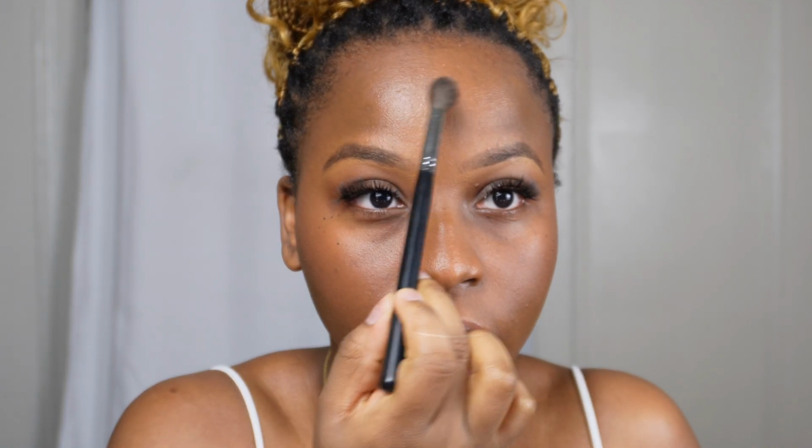What I'm gonna do is put a light layer of setting powder on, literally just using this small brush right here, just to get under my eye, right here, a little bit right here, and see what that looks like. I'm gonna use the Saie Beauty powder. I mentioned this in my checking in video, in the second half. This powder is actually really finely milled, and I think Saie Beauty is catered towards minimalist makeup wearers, so I feel like this might not do too much, which is exactly what I want. I just want it to lightly set my face,